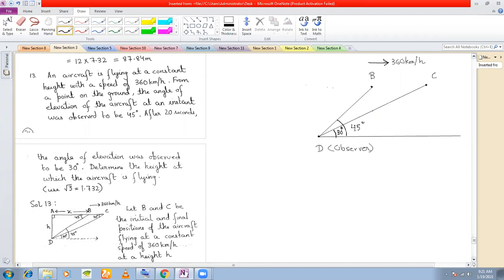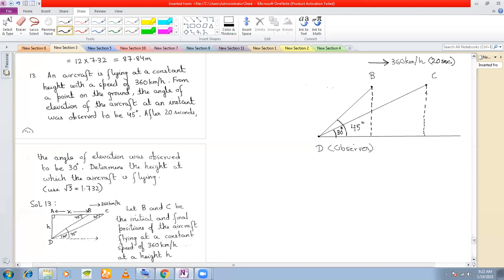So first, the aircraft was in position B, the angle of elevation is observed to be 45 degrees. And then the angle of elevation is observed to be 30 degrees. Now what happens is that it takes 20 seconds for the aircraft to travel from B to C. Let's write here 20 seconds. And the question is to determine the height of the plane. Now what should be the height of the plane? The height of the plane should be this perpendicular distance here,